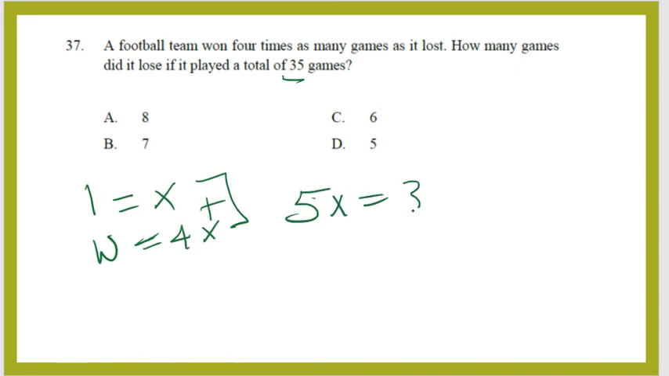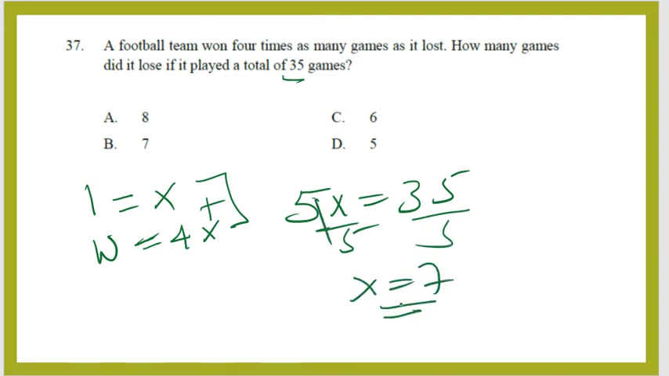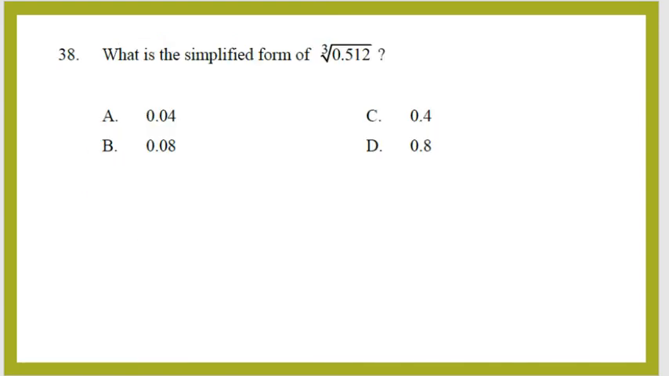5x is equal to 35, which means when you divide by 5 on both sides, you'll get the x value is equal to 7. That means the x is already the loss. So how many games did they lose? 7 games. The answer will be B. The next question, question number 38, it says,